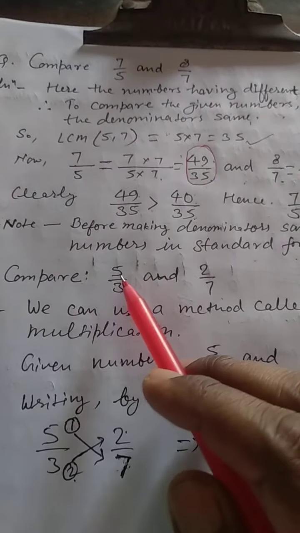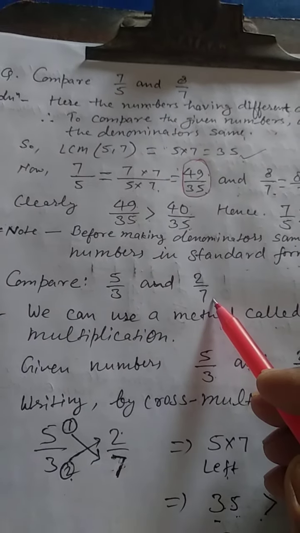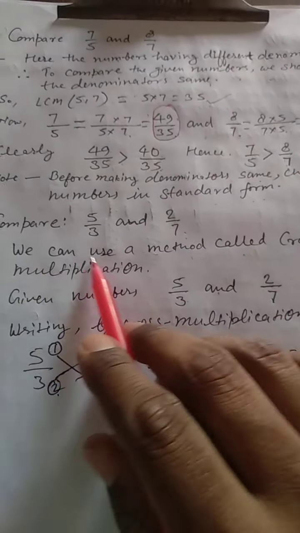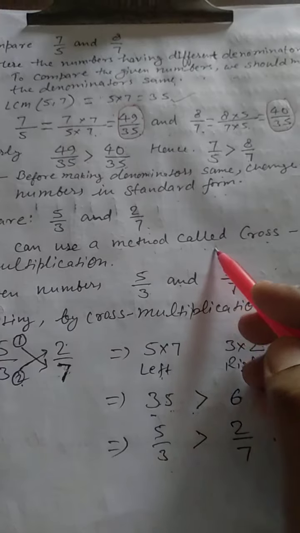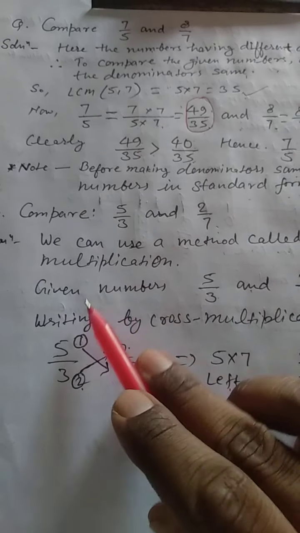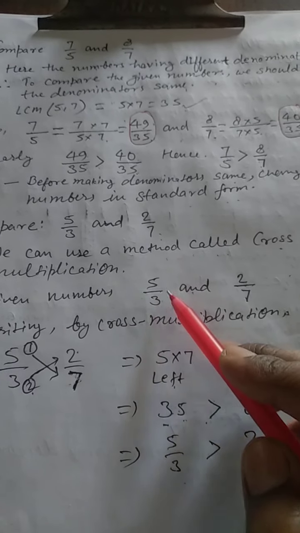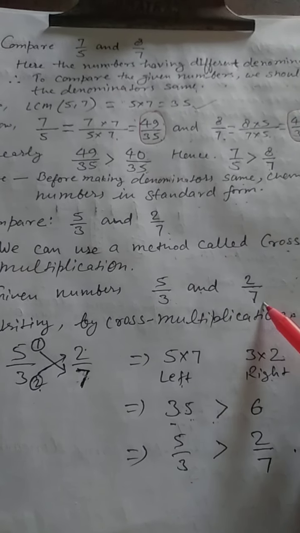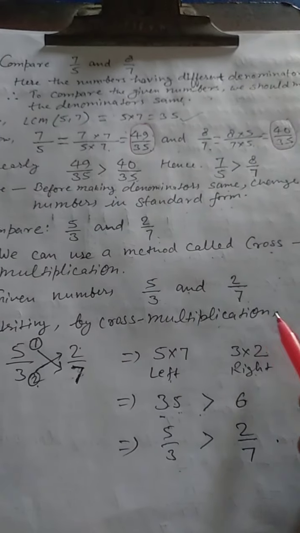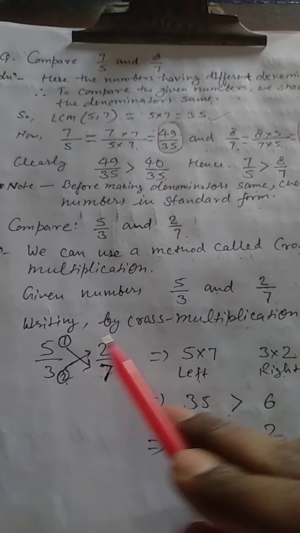Now compare 5 by 3 and 2 by 7. Here is another way. We can also compare by a method called cross multiplication. Given numbers 5 by 3 and 2 by 7. Writing by cross multiplication, I am just